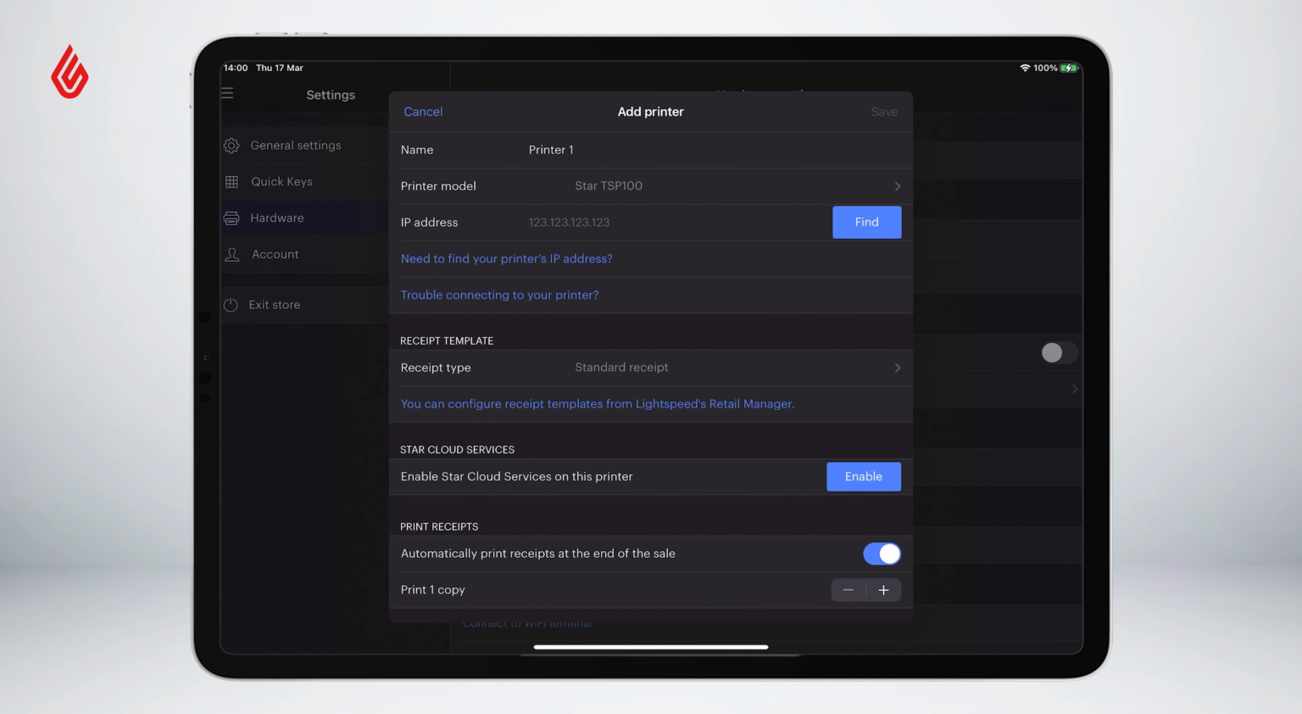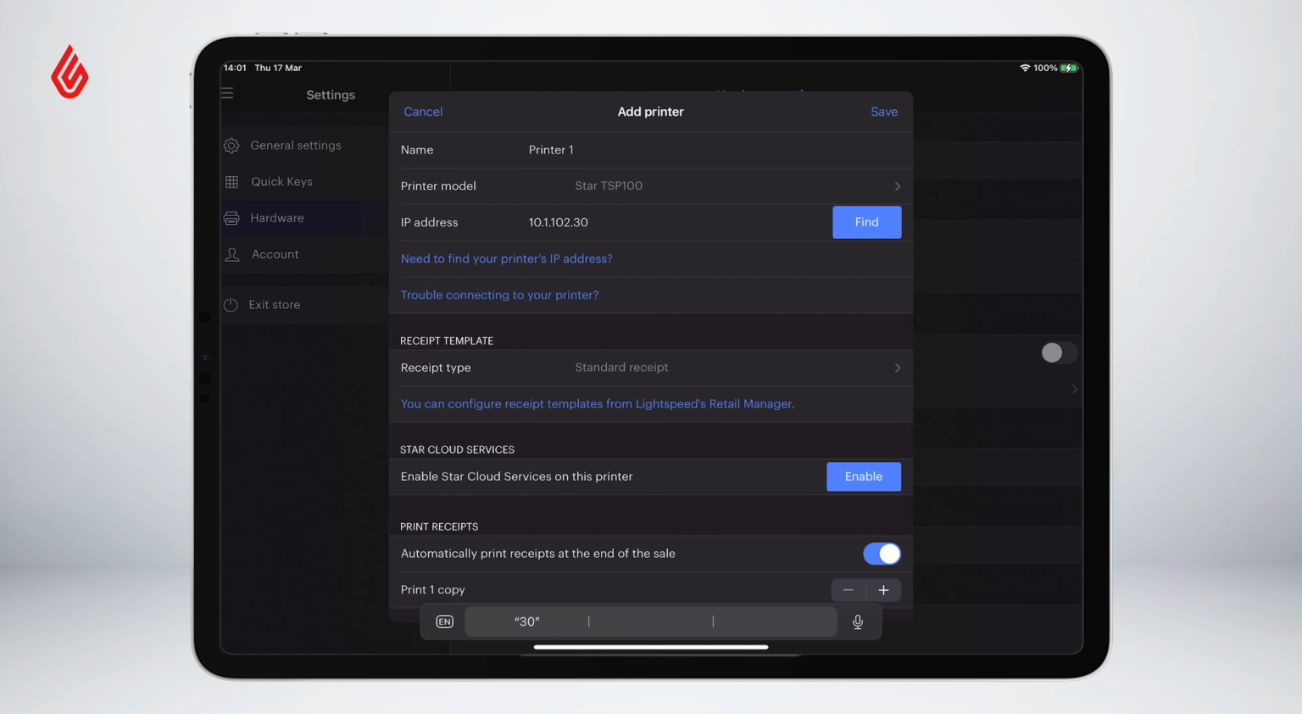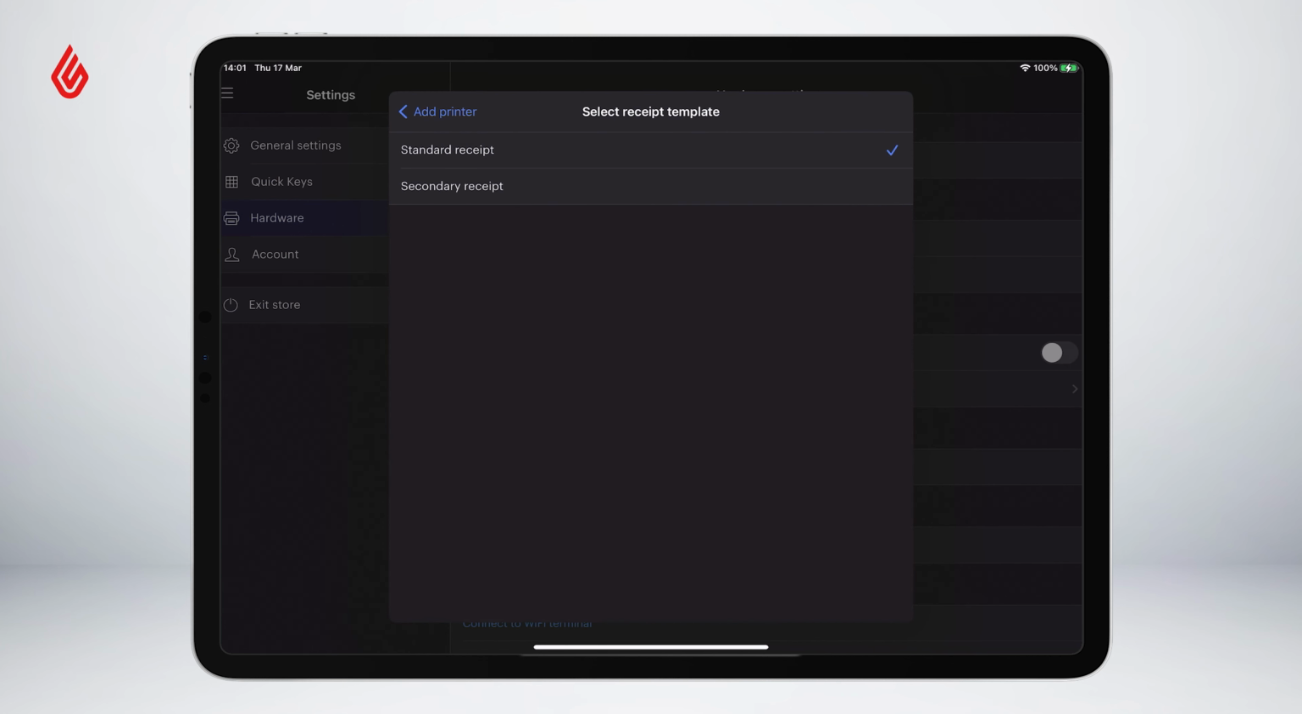If you have the hardware set up correctly, just tap Find. If you can't see it, you'll need to manually type in the IP address. To find the IP address, visit our Help Center for more details. Now we can choose if this printer will behave as a standard receipt or as a secondary receipt. A standard receipt is a typical end-of-sale receipt, and a secondary receipt is something that only prints out for certain